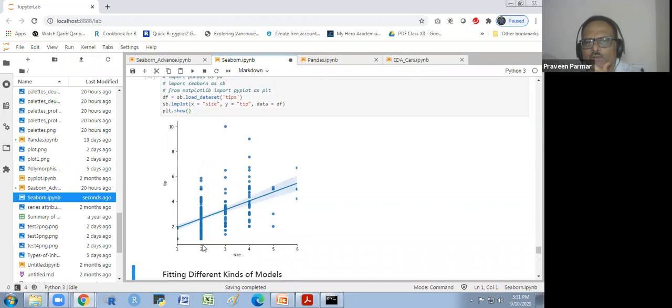If the size is 2 persons, they give up to 6 rupees tip. We consider rupees or dollars, whatever. Here when 3 persons come, they give more tips, and 4 give even more. The range is from here to here, from here to here, from here to here. Does that make sense to you?